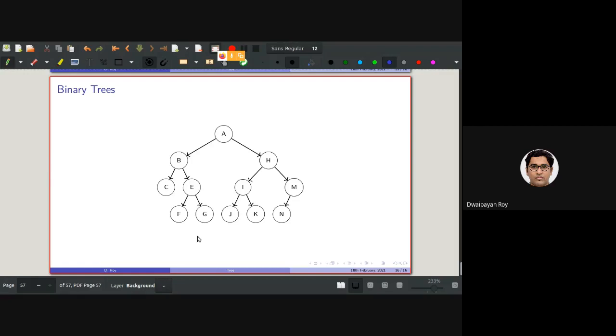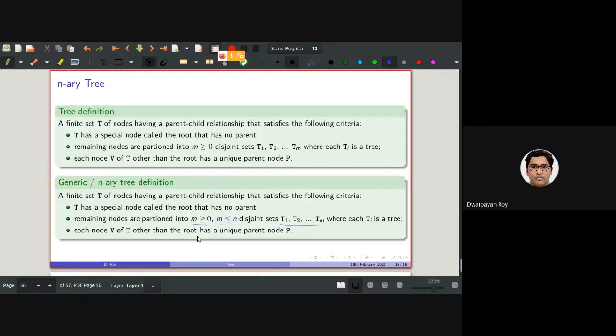As you can understand from this definition, if I consider the value of n as 2, the remaining nodes other than the root node can be partitioned into at most 2 sets, where the value of n is 2 for binary trees.